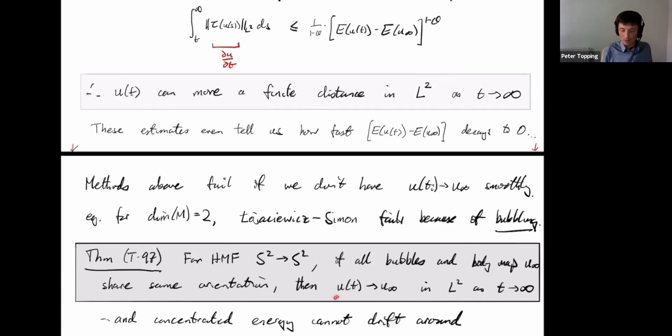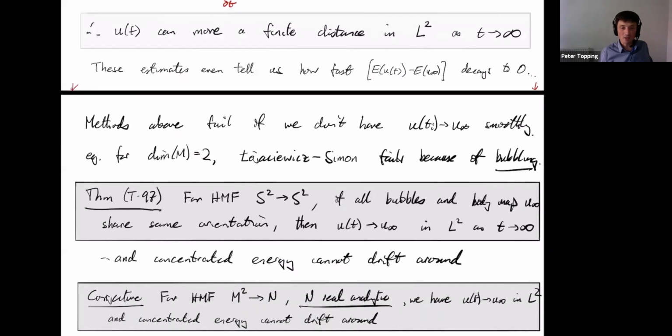So you get nice uniform convergence u_t to u_infinity as t goes to infinity, let's say in L2, but better convergence away from the bubbles. And also, I apologize, by the way, if you don't know what bubbling is, I will not be using it for more than another 2 minutes. But for those of you that do, bubbling involves energy concentrating near a finite number of points. And in theory, you could have that energy that's concentrated drifting around in the domain, maybe slowly. So in this theorem, you also find that that doesn't happen.